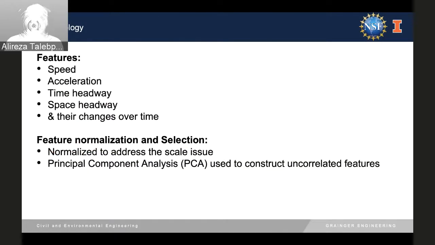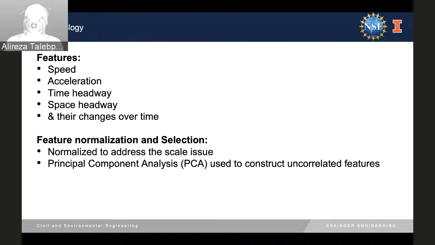So we picked essentially 4 features and their changes: the speed, acceleration, time headway, and space headway, and their changes over time. These were the features for clustering. But we can't really look at one single instance in the clustering process and say, because of this behavior, this instance is ACC and this instance is not. I'm not saying we can't, but it's going to be a super complicated process. So we need to capture the whole trajectory, or at least a good portion, and compare trajectories rather than a single vehicle, so we can see the continuation of the behavior.